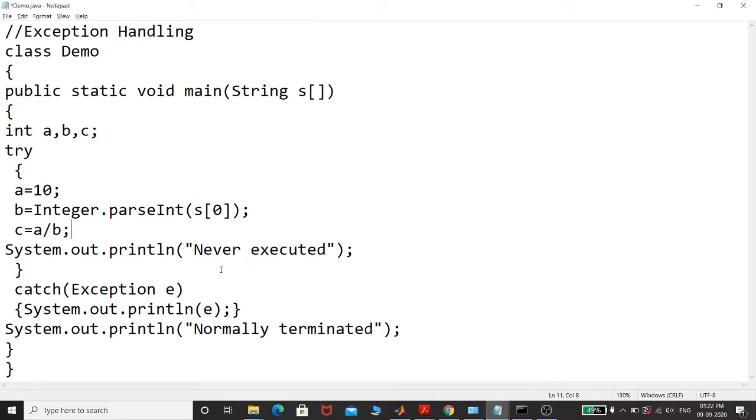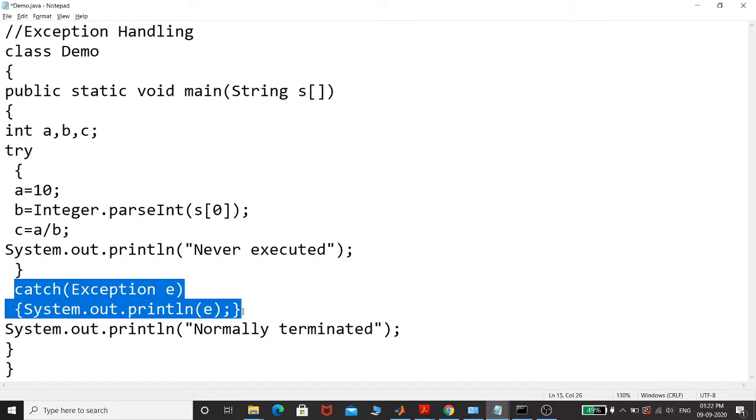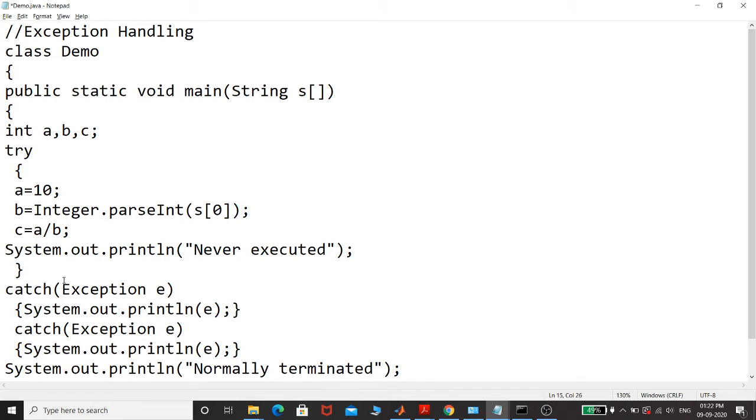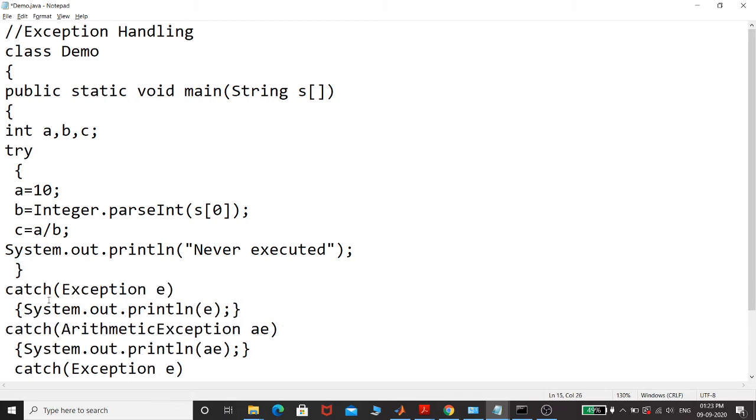Now just come to this program. We can have multiple catch statements in a single program. What I'll do over here is give another catch statement, and here I can specify ArithmeticException. ArithmeticException will catch any exception of type arithmetic exception, that is, which exception? Your divide by 0 exception. I can have another catch over here for NumberFormatException. Let us just write NumberFormatException.